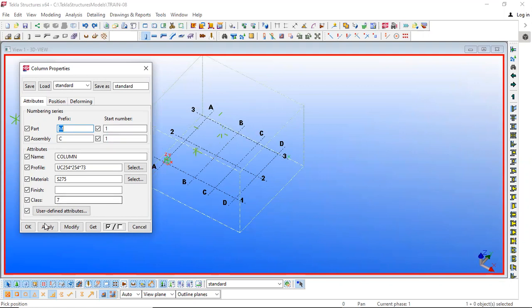Whenever you finalize these settings, you have to apply this, and then you have to proceed with adding. So how many columns you have to add, you need to just select and apply this to the properties. Whatever properties you have to set, you have to first check and set all these properties, and then apply, and then you can go ahead and place the columns, right?